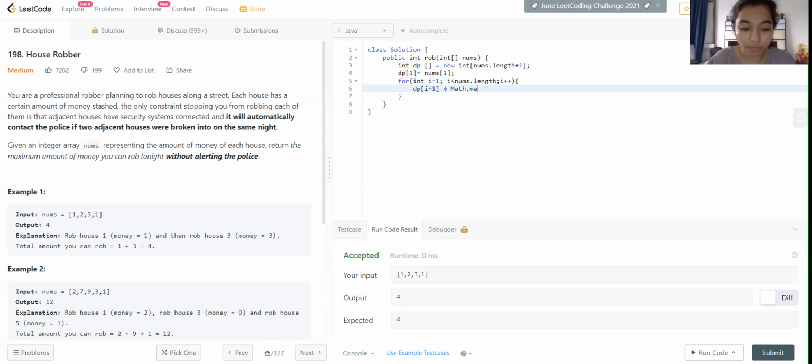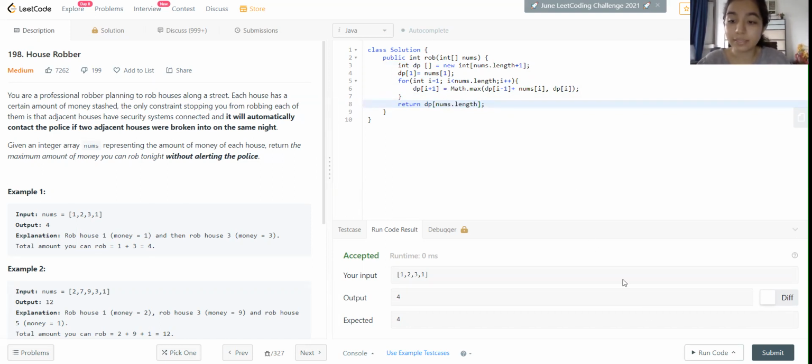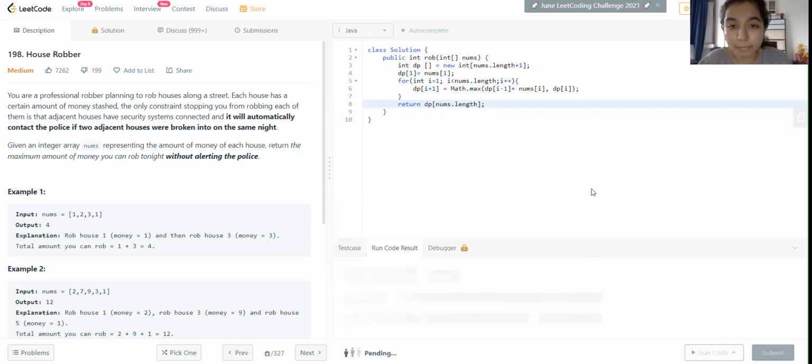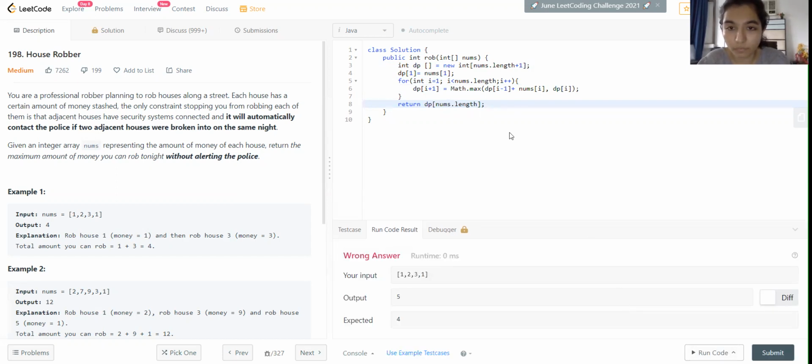It equals Math.max of DP of I minus 1 plus nums of I, comma DP of I. And what we're going to return is DP of nums.length, always the last element. Now let's try to run it. Yep, there is some problem. Let's try to understand what it is.